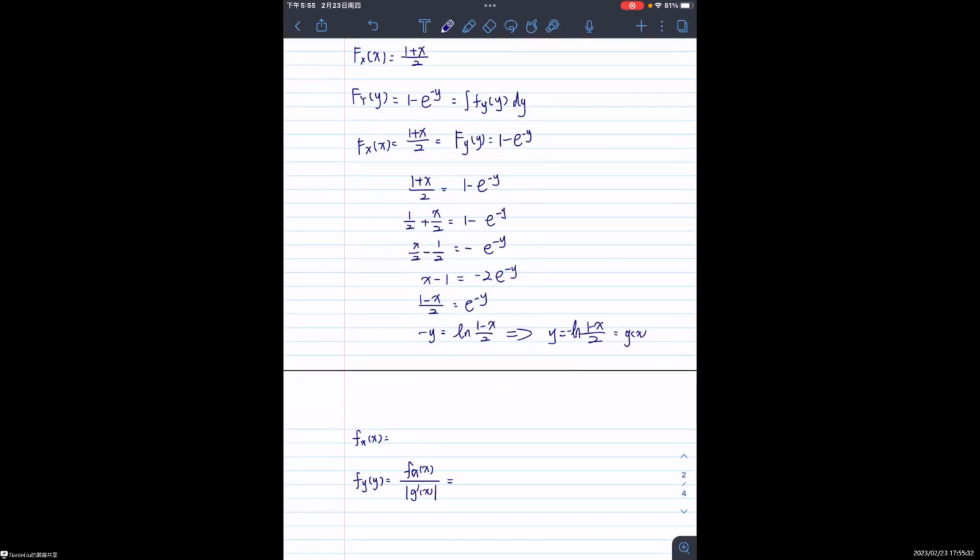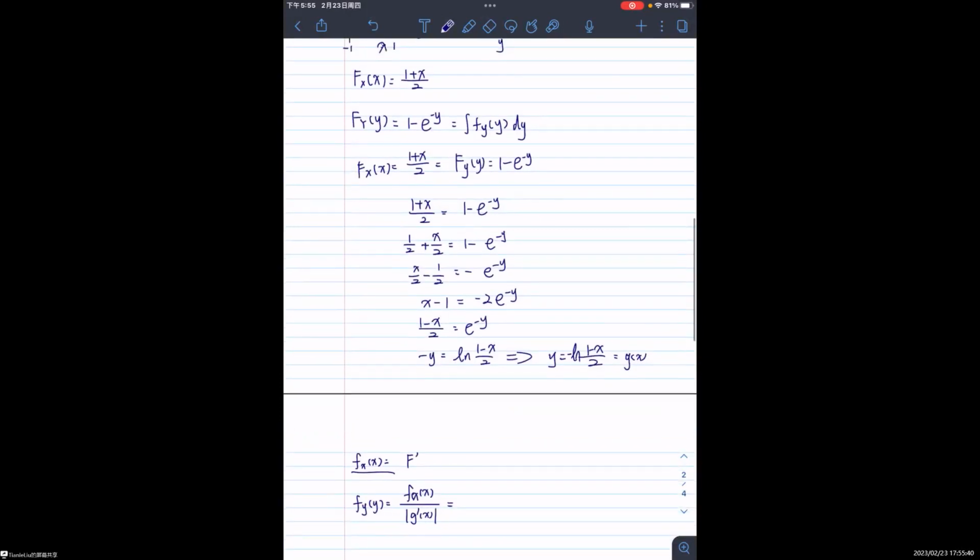For f_X, we can take the derivative of F_X, and we will use the calculator. For this one we get 1 over 2. So it will be 1 over 2, and the derivative of g(x) will equal